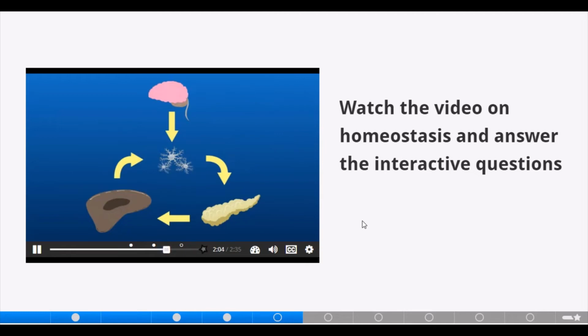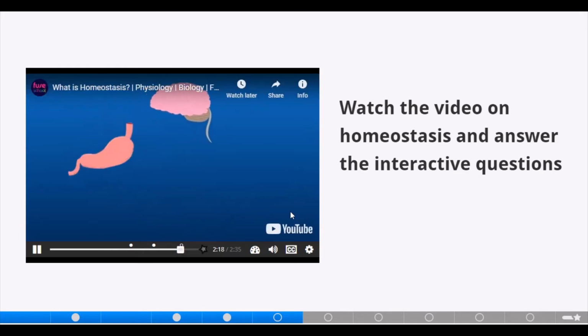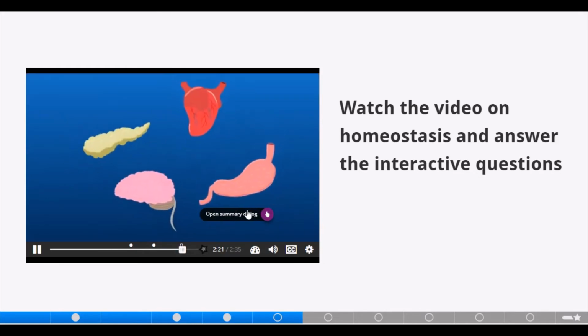So why is homeostasis so important? Our metabolism, which is all the chemical reactions in our bodies that keep us alive, is controlled by enzymes. These enzymes only work in very specific conditions. If these conditions change, they could stop working and we could die. Luckily, all this happens without you having to think about it. If you had to do it yourself, you would spend